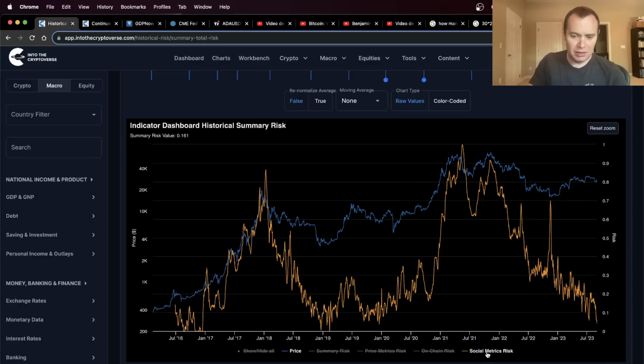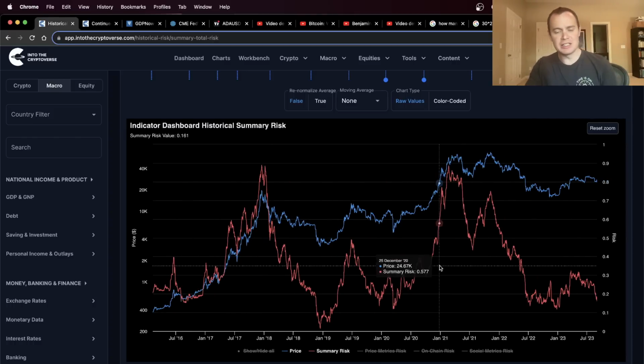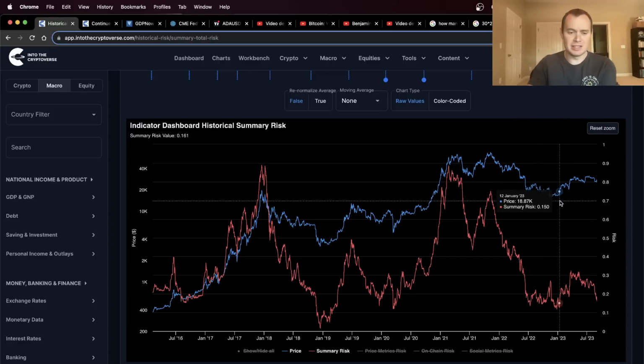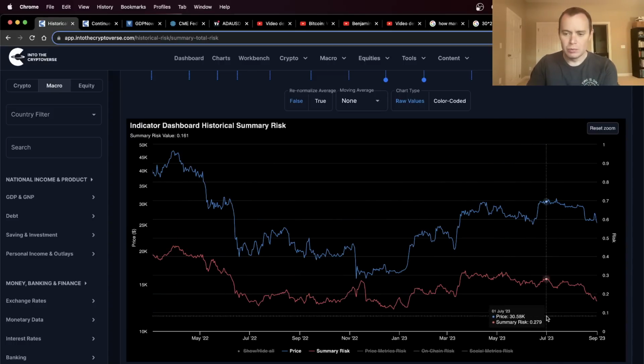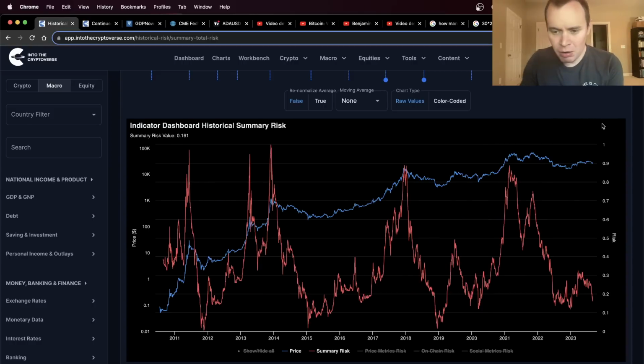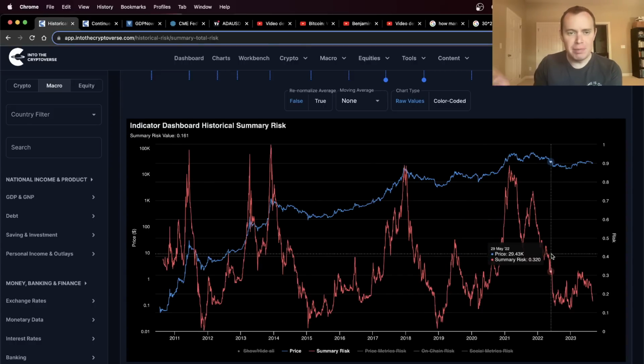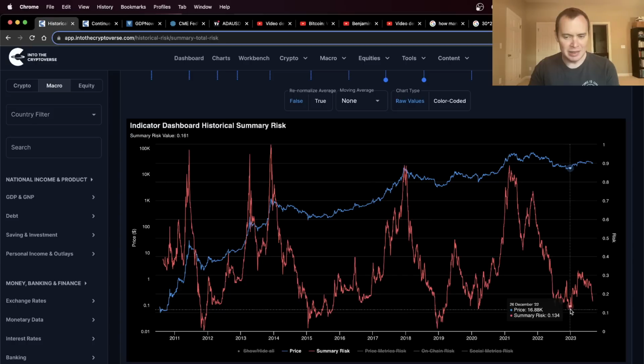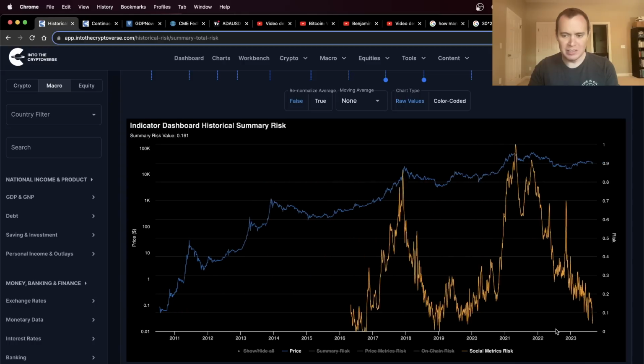When you combine the social risk with the price risk and the on-chain risk, this is what it currently looks like. So the total summary risk is 0.161. The lowest that this risk metric has gone was back over here in December at 0.117. Now, the interesting thing is that if Bitcoin were to double bottom at 15K, this would go down to the 0 to 0.1 risk band. The reason it wouldn't have last time it did that was because the social risk was too high. But now the social risk is low.